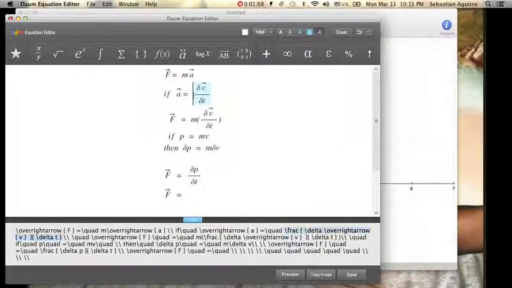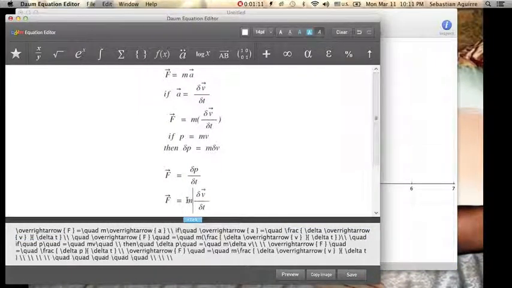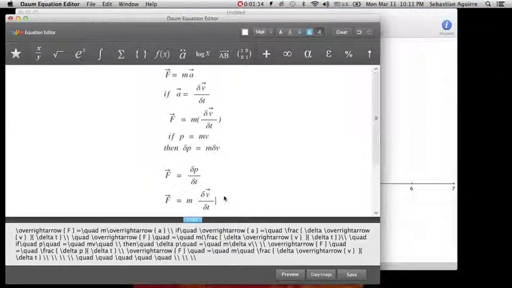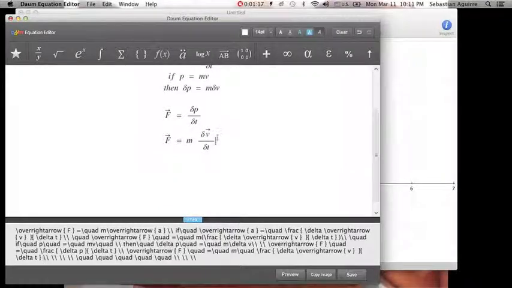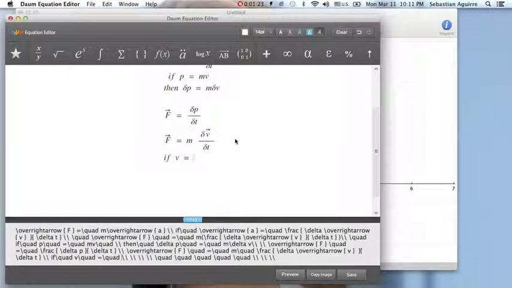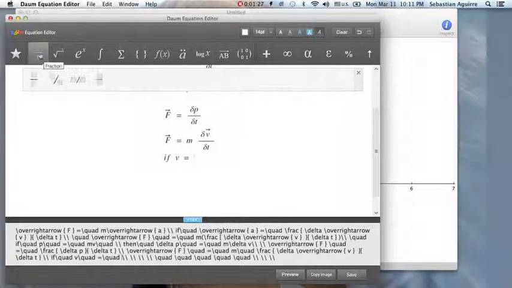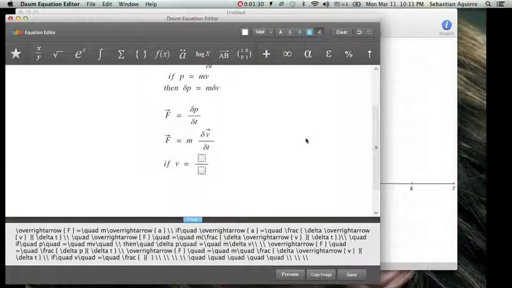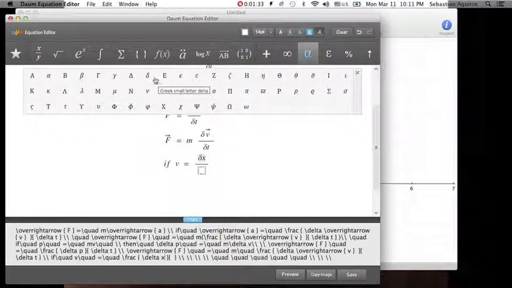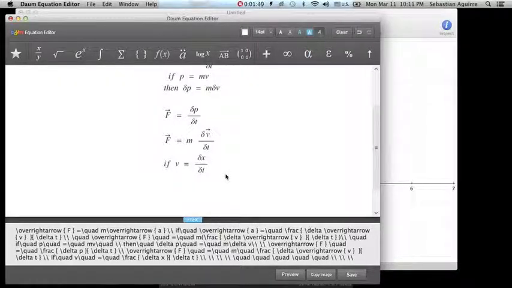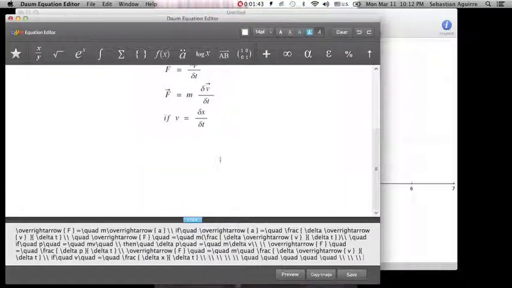We're just going to substitute that, and also recall that v equals the change in position over the change in time, so we can rewrite this as